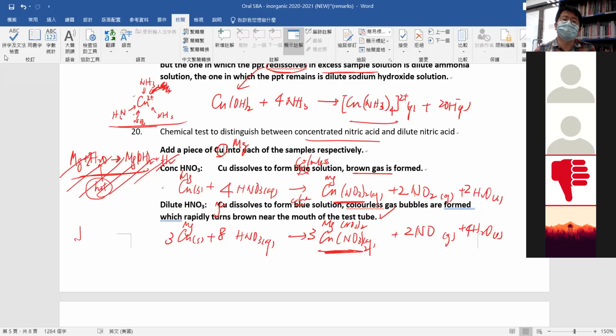Why is it still correct? Because dilute nitric acid is a mild oxidizing agent. So its nature hasn't changed, even though I change different metals. This oxidizing property still holds. So the way to compare is not the position of the metal in the reactivity series. The way to compare is the concentration of nitric acid. It will affect its